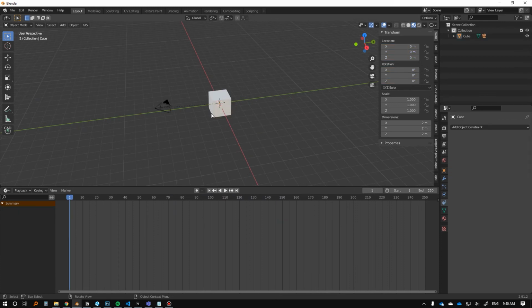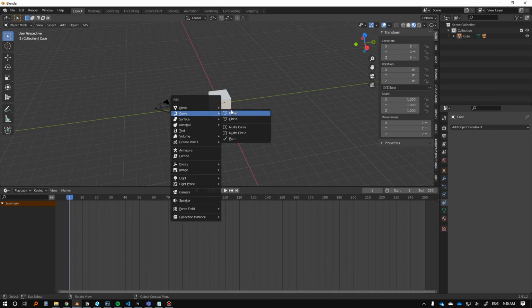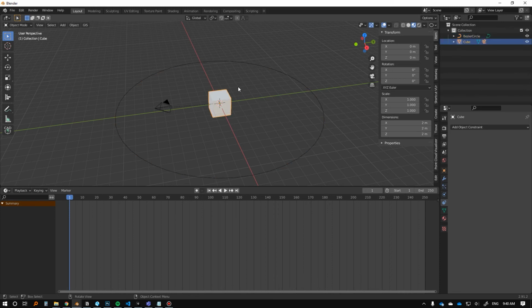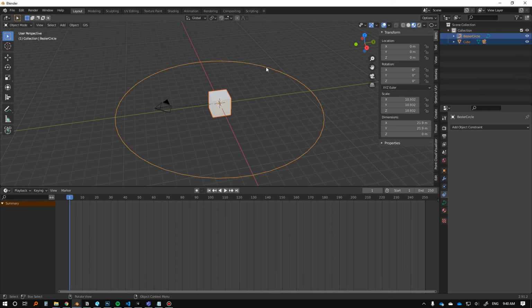Okay, so the next thing I'm going to show you is if we wanted to follow along a path. So what we're going to do is create a curve, for instance, which could be our path. So here's a circle. I'm just going to scale it up. And the next thing I'm going to do is select our cube, and then select our path. And I'm going to press Control P, and then it says follow path. I'm going to do that. If I press spacebar now,